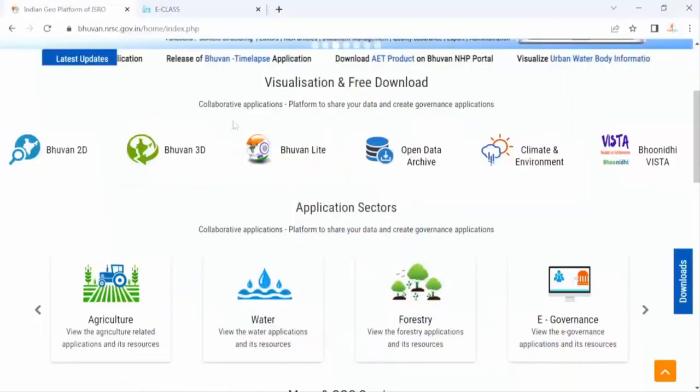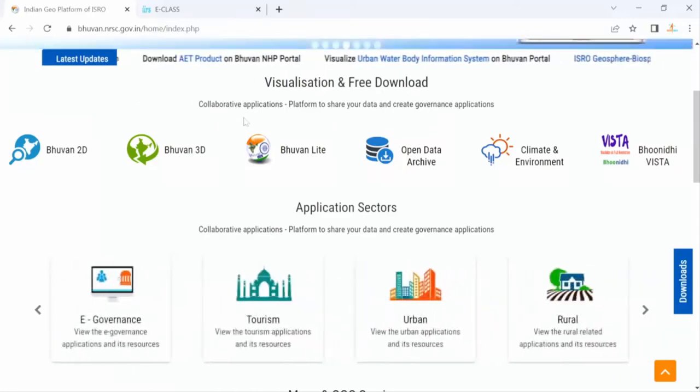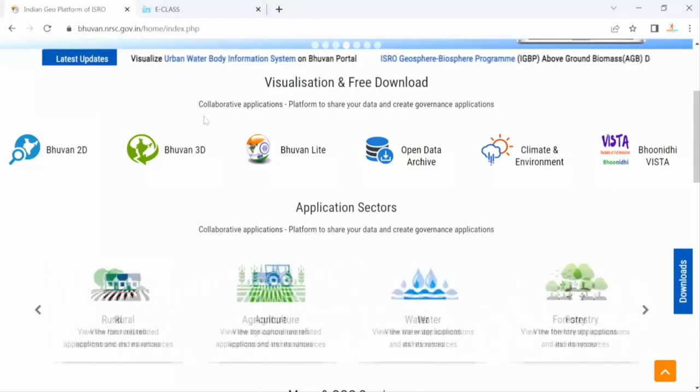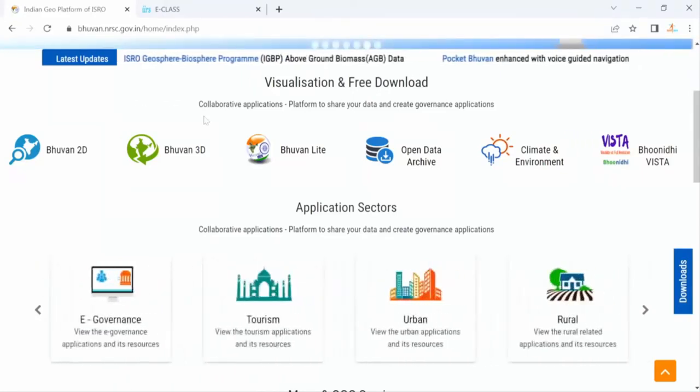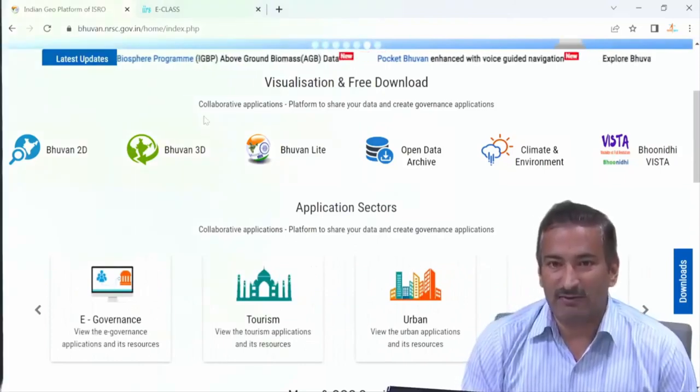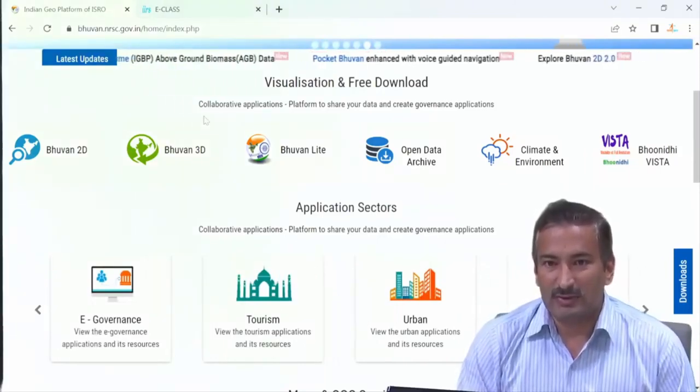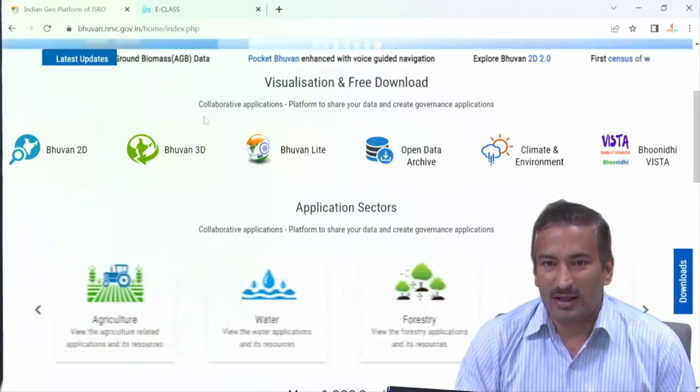Hope that till now, whatever lecture sessions have been taken have benefited you and enriched your knowledge in this space technology. Now let us try to do a small experiment today. The experiment will be based upon the fact that, as you might already be aware, there are different kinds of satellite images. All these satellite images taken from the Indian satellites are available for visualization as well as for carrying out some small experiments.